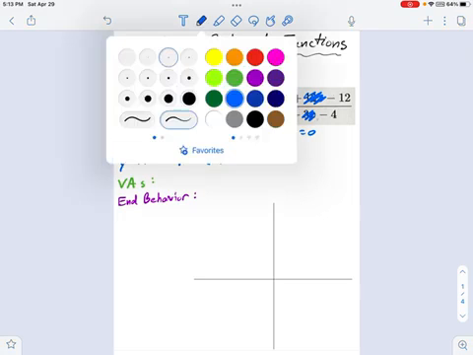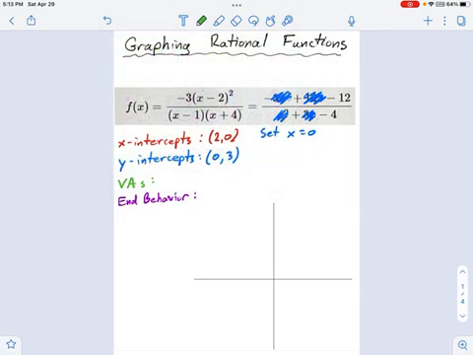Coming around to vertical asymptotes. These are factors which are on the bottom. And just about every rational function has them. It doesn't have to, but they usually do. They also can't be repeated on the top. So notice there's no x minus 1, there's no x plus 4 on the top of the fraction. That would mean they're holes. In this case, though, they are vertical asymptotes located at x equals 1 and x equals negative 4.